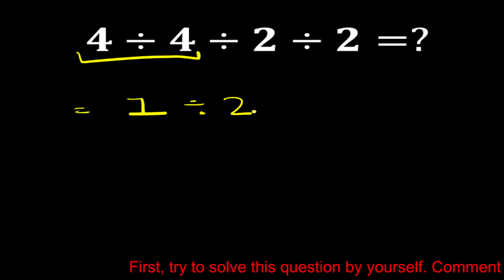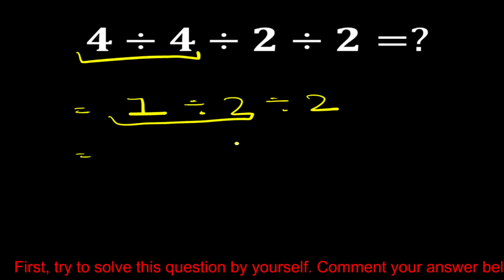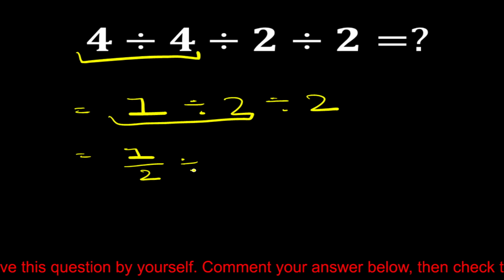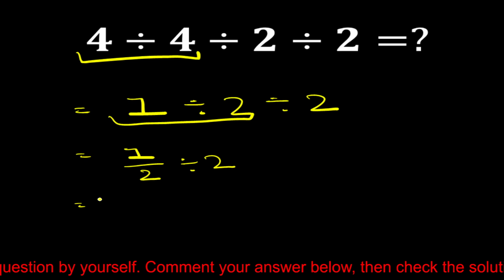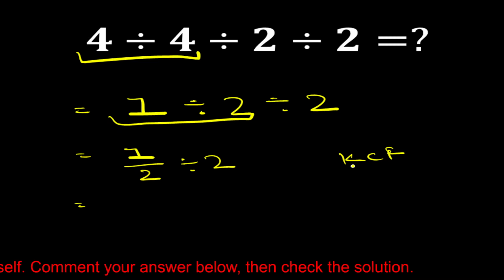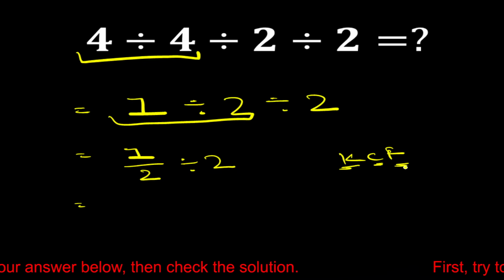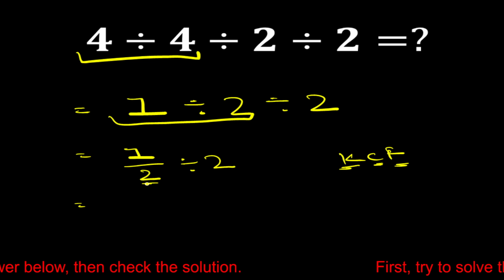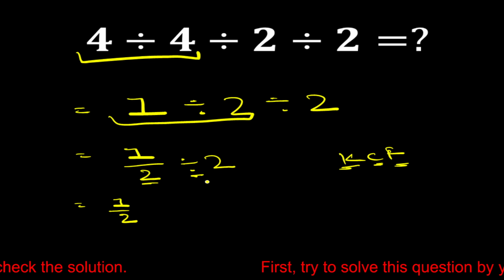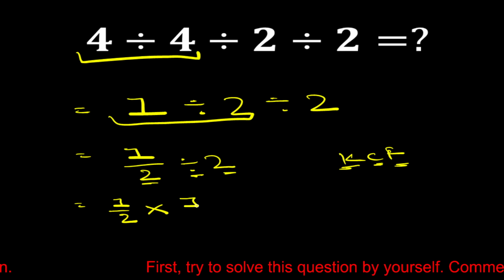divide 2 divide 2. Now 1 divide 2 can be written as 1 by 2 divide 2. According to KCF rule, K is equal to keep, C is equal to change, and F is equal to flip, okay? Then keep this expression 1 by 2, change the sign from divide to multiplication, and flip this expression 1 by